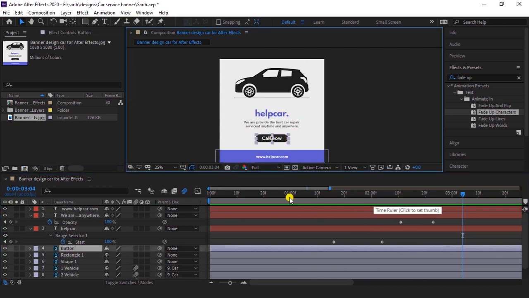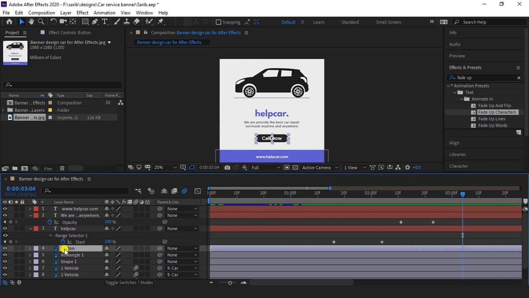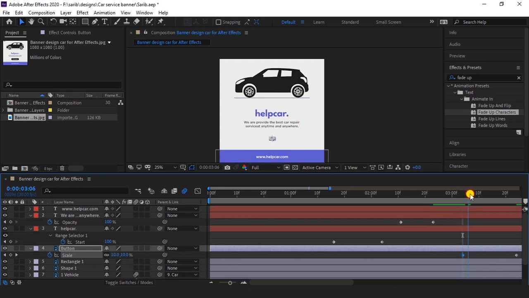So select your button layer, press S and click on stopwatch icon and drag this key on here. Now give value of scale 0. Now come forward and give here 110.